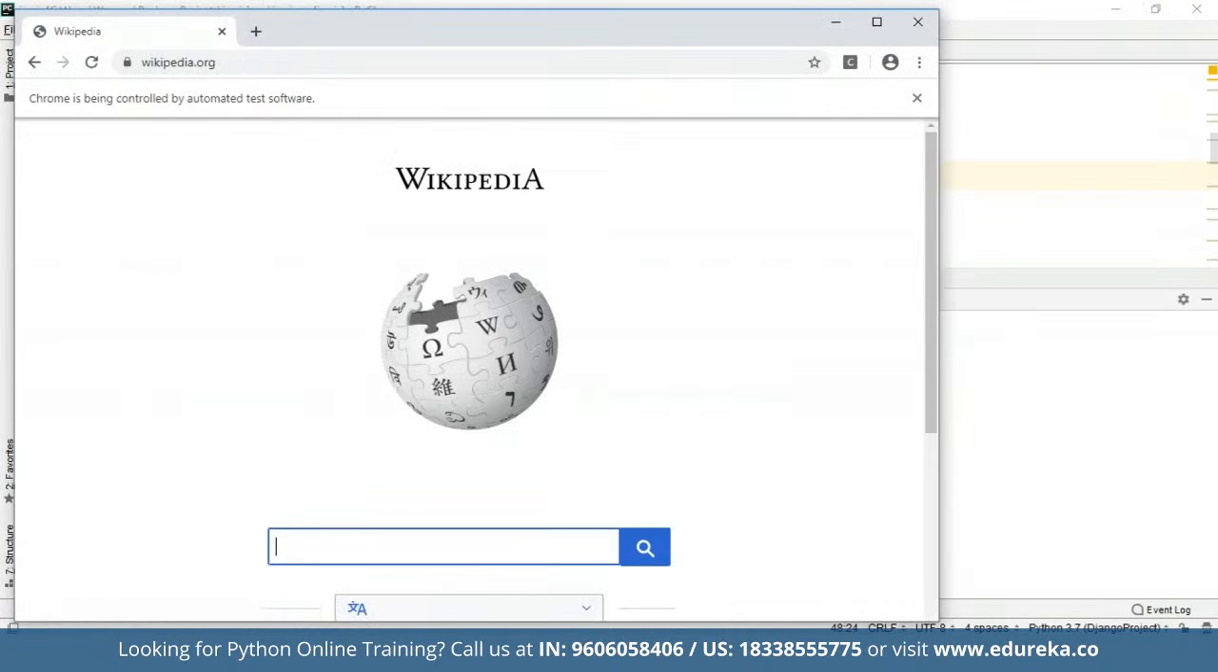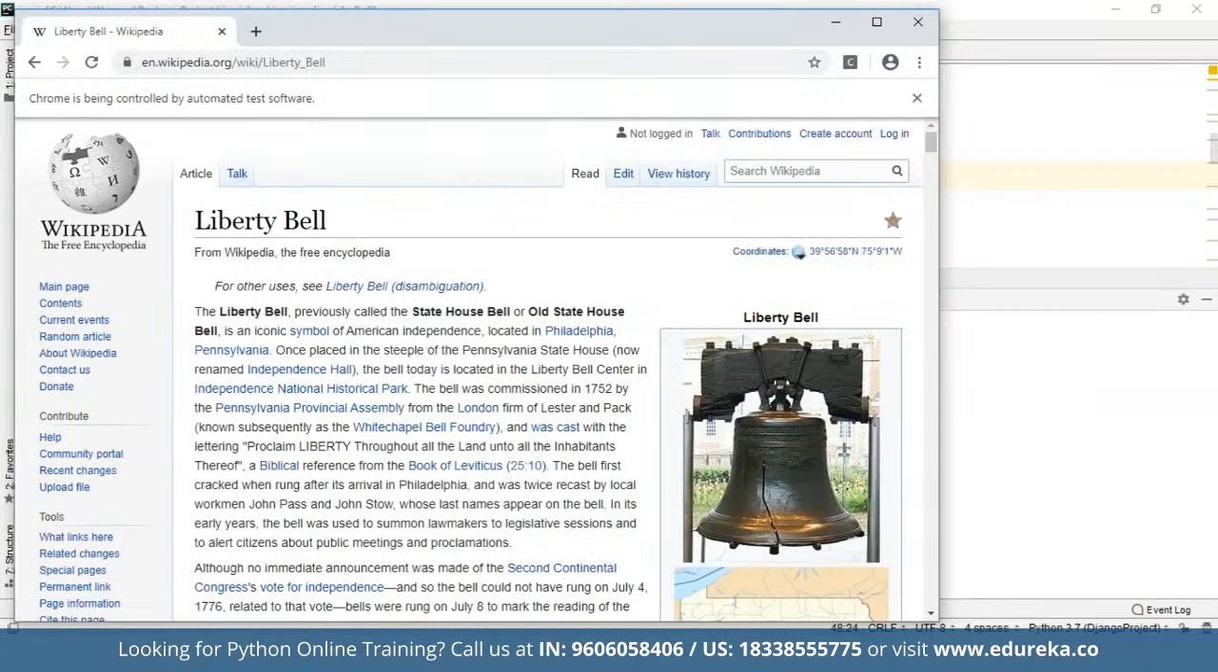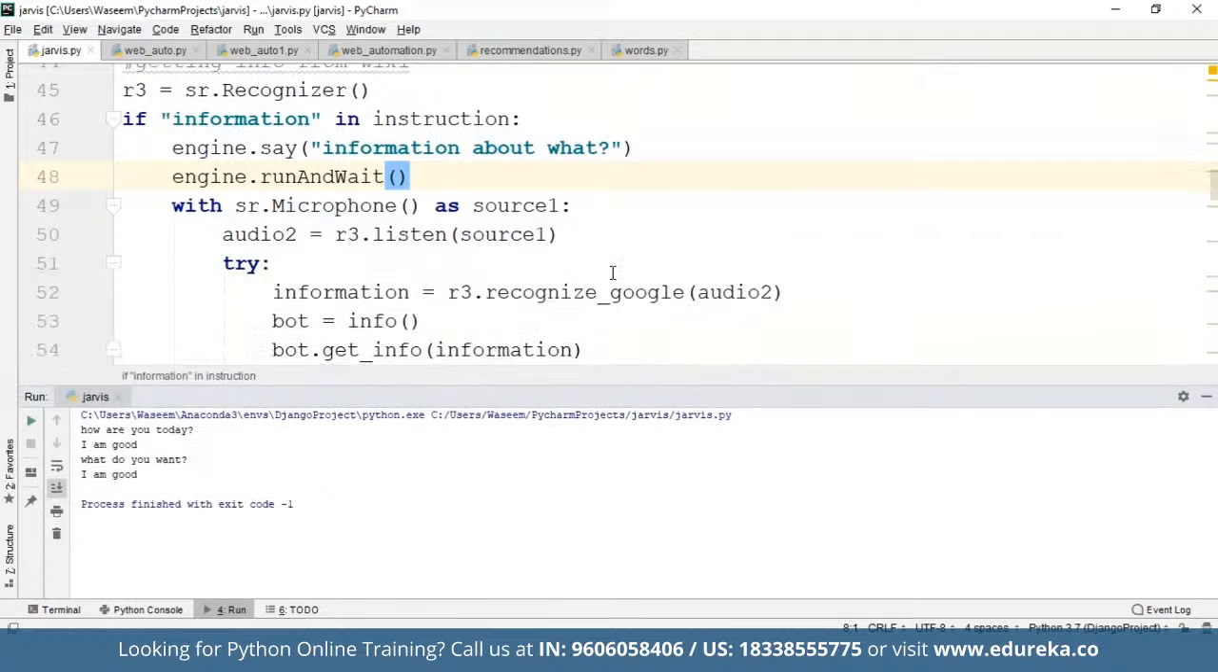As you guys can see, Jarvis communicated in a way that I have programmed it to be. Previously called the State House Bell or Old State House Bell, is an iconic symbol of American independence, located in Philadelphia, Pennsylvania. I'll interrupt this program. All right. So what you saw right now is a simple example of how I just executed one task from